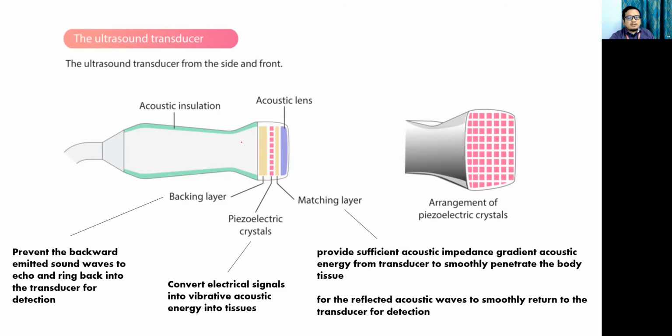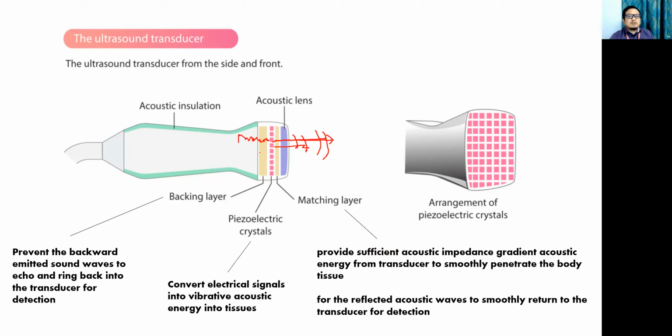Okay, so it will vibrate with the electric current, and then it will cause tissue waveform generation. The backing layer is to prevent the backward emitted sound wave from echoing and ringing back into the transducer for detection. That means it prevents the sound wave from going to the back and lets it go to the front. When the electric signal is given to the piezoelectric crystal, the backing layer prevents the ultrasound wave